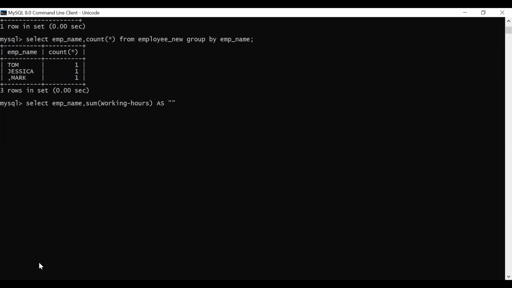If you want to give a particular name, we can give the name working hours, so that in the output we get it as working hours. From which table? From the employee new table, group by employee name, emp name,